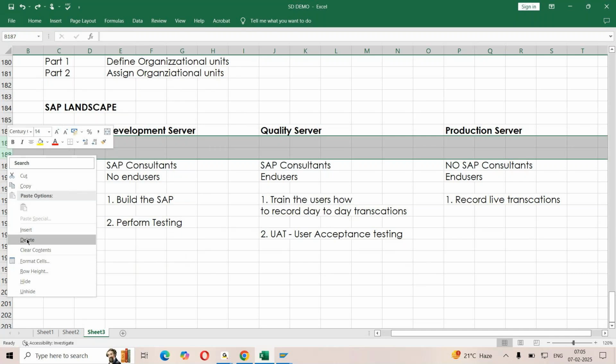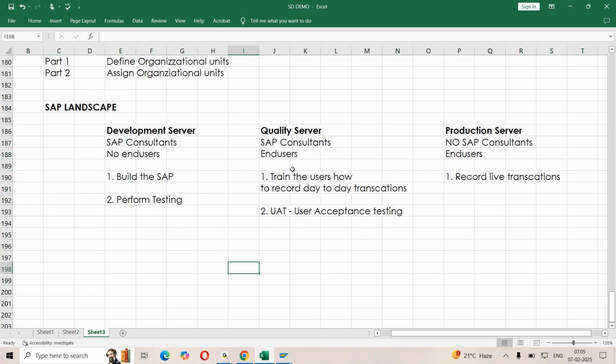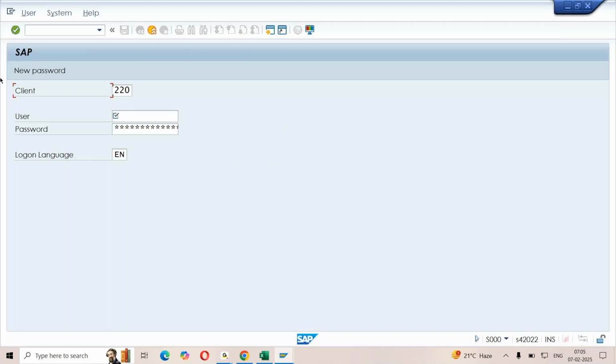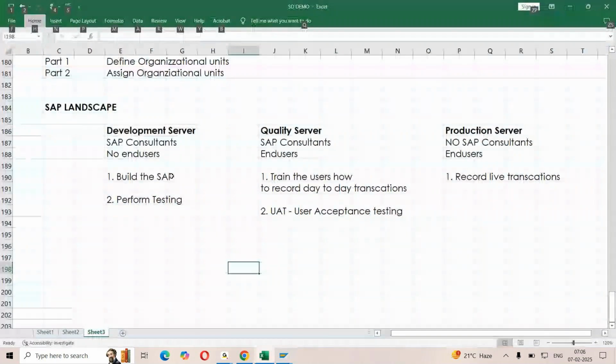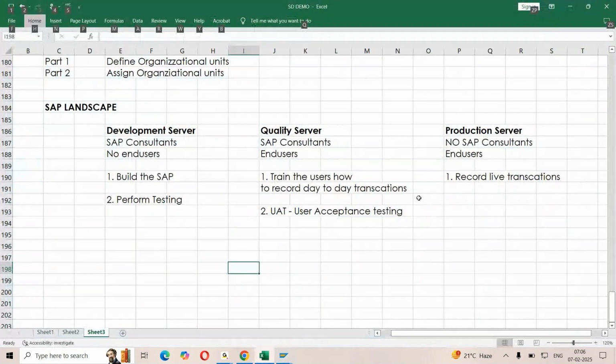Now, when you work with these different servers, how do you identify which system you're logging in to? For that, we use this client ID. Here you will have different system numbers to log in to the system and perform different roles. Right now, the server access provided to you is the development server.